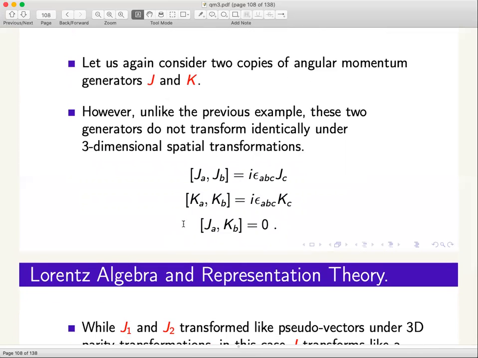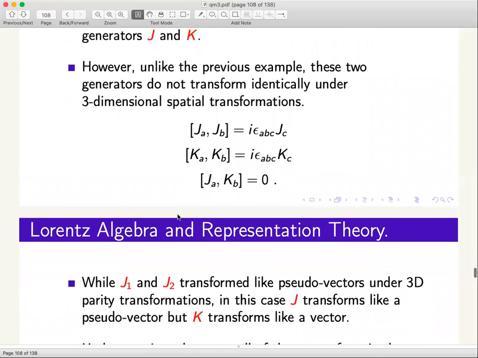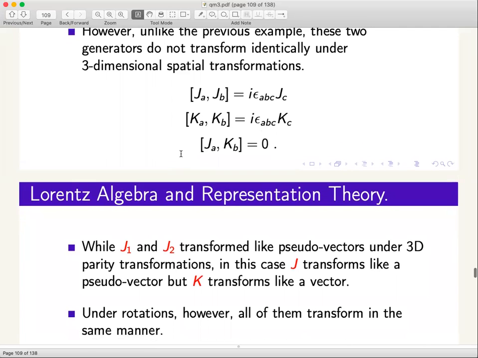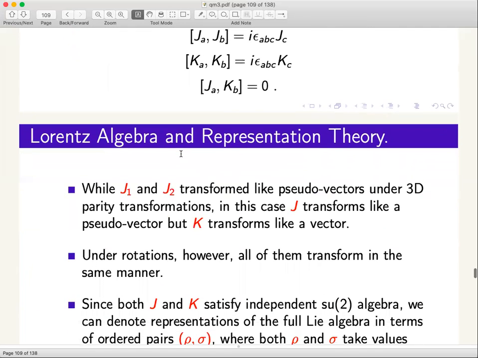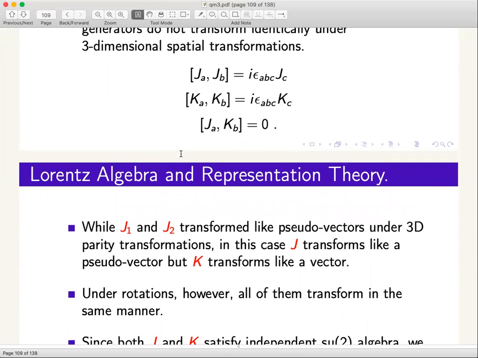Okay. I'll tell you how this is happening. No, I didn't get the issue. These are generators of only the SU2 part, right? Not for the parity transform part. Yeah, this is not the parity transform part. So performing a parity transformation here and the result not matching is not really a problem. That's what we'll see in a moment. If you go ahead a little, you'll see what is going on. I'm arriving at something using this algebra, so we'll see in a moment.